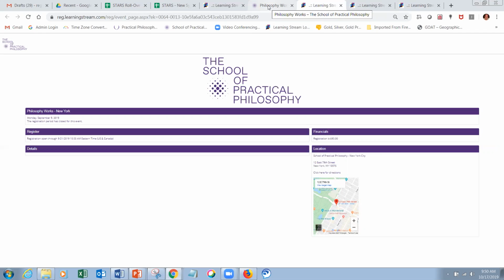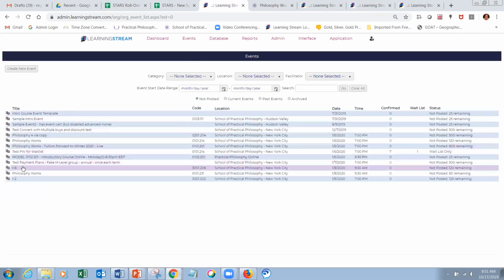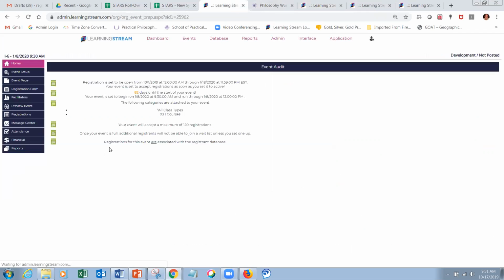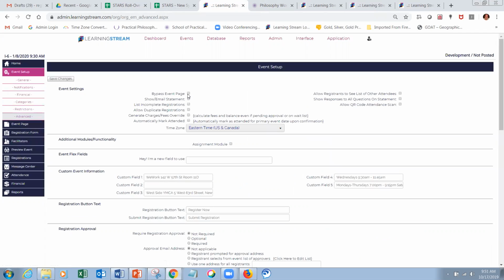And okay. It will, and again, once the window is open, so let me go to one of our other events. I think they're not posted at the moment, but let me, for example, go to this I6. And first thing I'll show you is that in I6, in the event setup, under the advanced, I do not have checked off bypass event page, as distinct from the